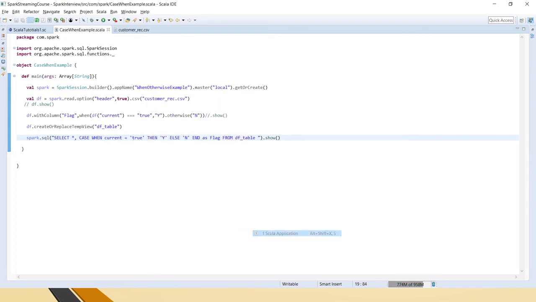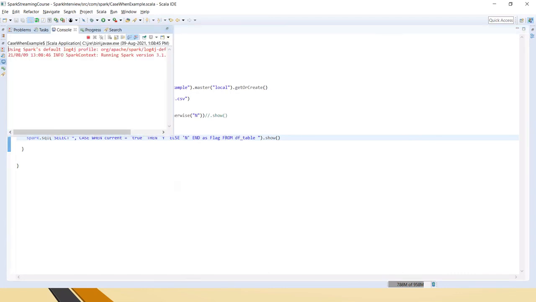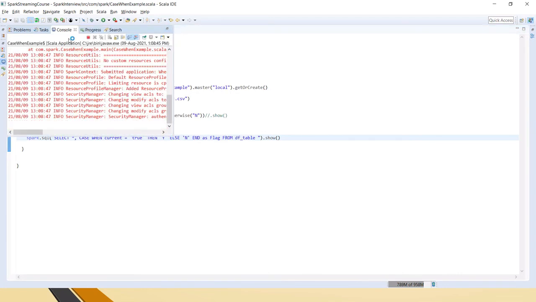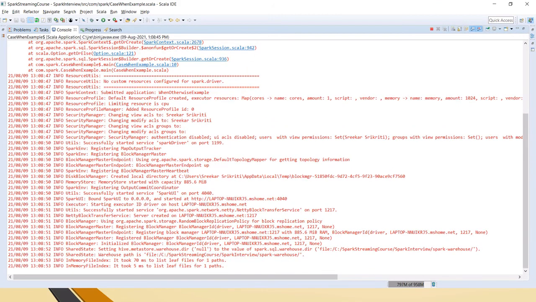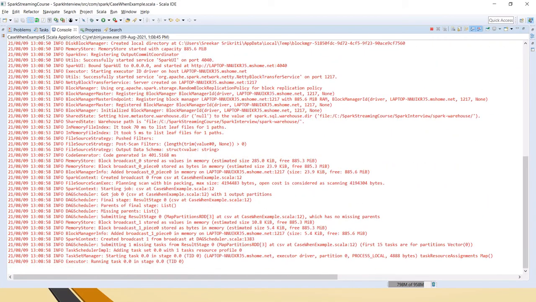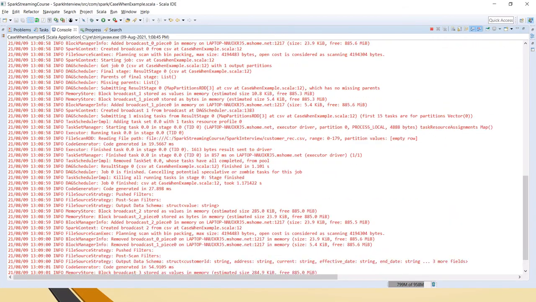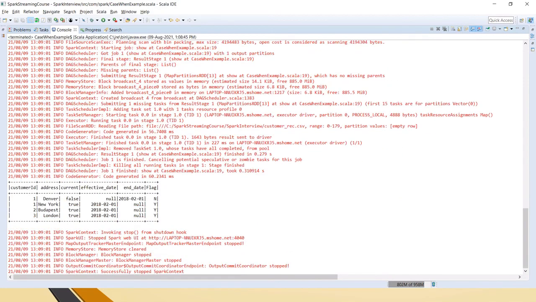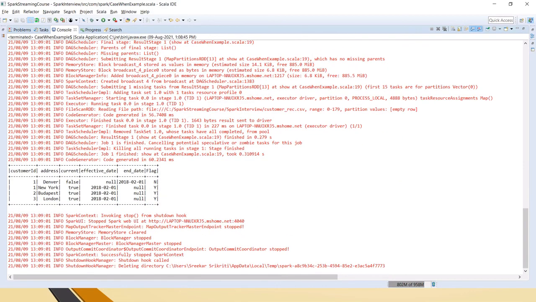Let's run this. Friends, if you see here, we have got the same output. Under flag, wherever current is false we have got n, wherever true we have got y.